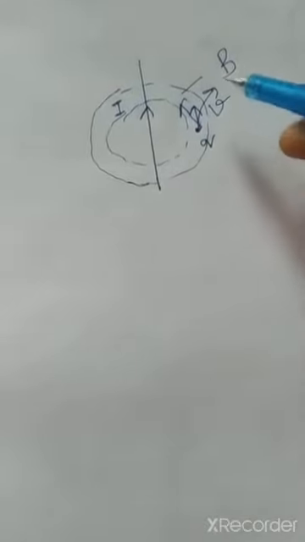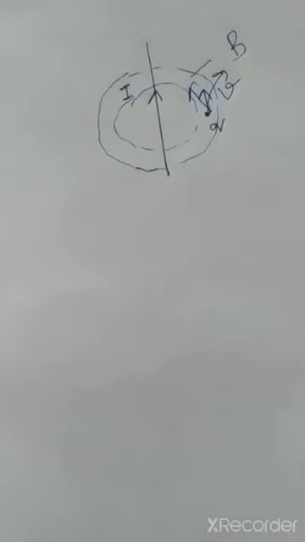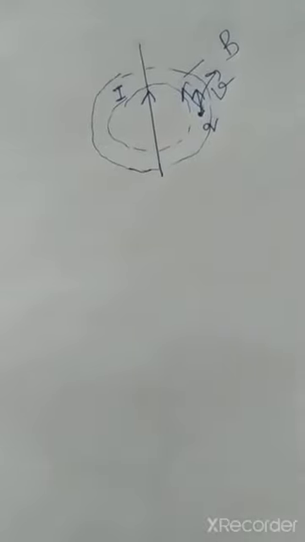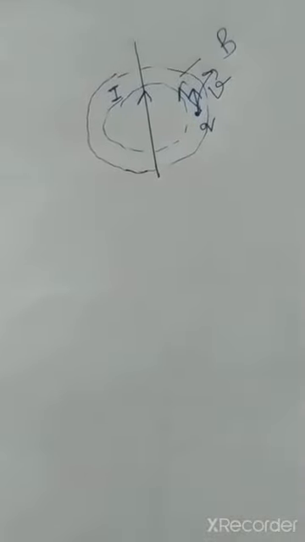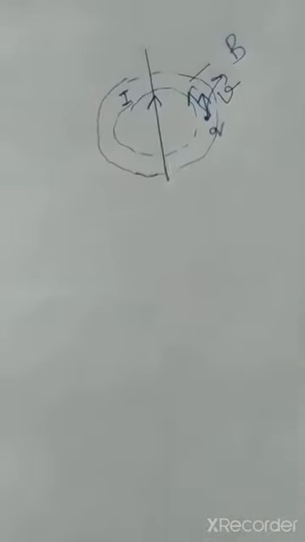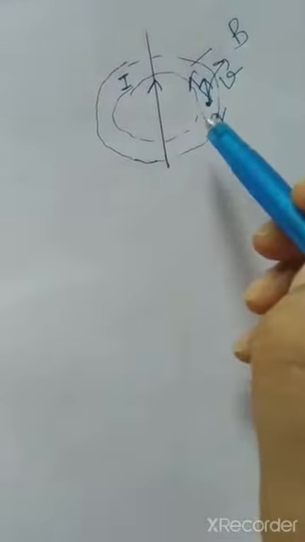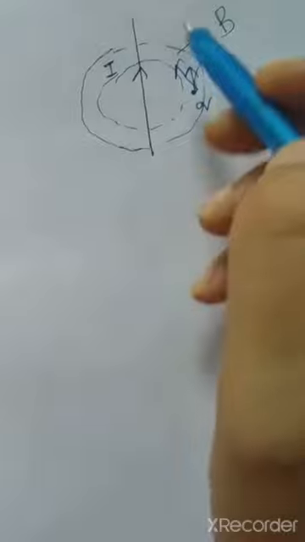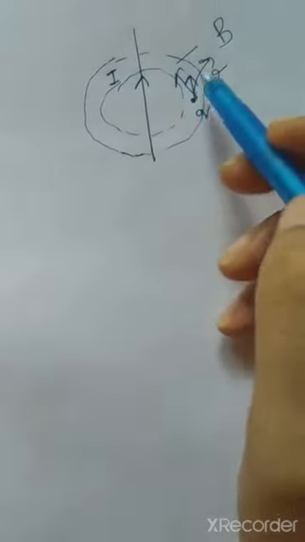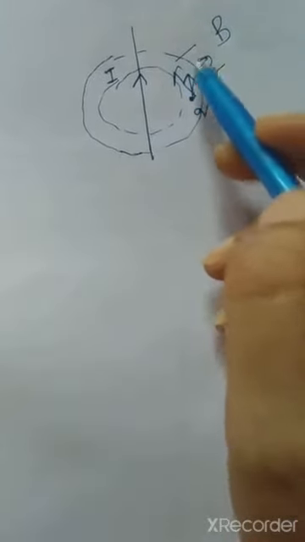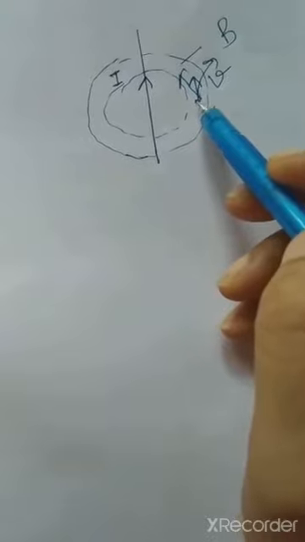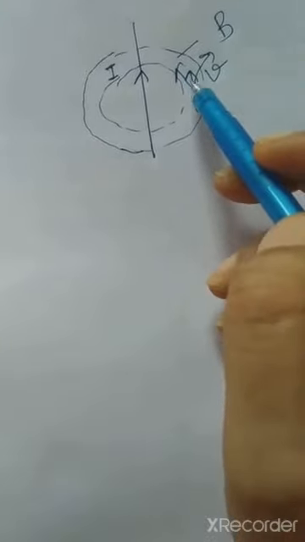Is it clear? So why will the charge deflect? That means it is experiencing a force in this magnetic field, only then the charge deflects. There is a change in the path: instead of going straight when it is in the moving condition in the magnetic field, it is found that there is a deflection.